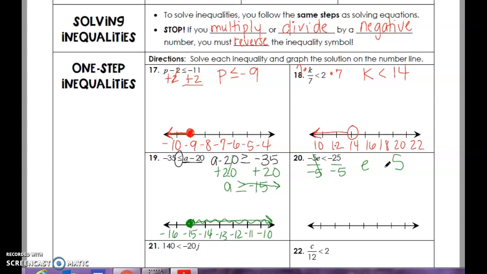Remember what it says up here. If you multiply or divide by a negative number, you must reverse the inequality symbol. We did divide by a negative number, so we're going to go from a less than symbol to a greater than symbol. So we can go ahead and write our numbers on our number line. It's going to be an open circle on 5, and this time we're going to shade